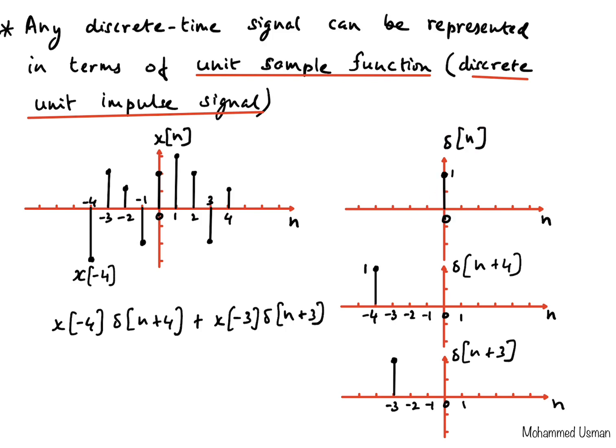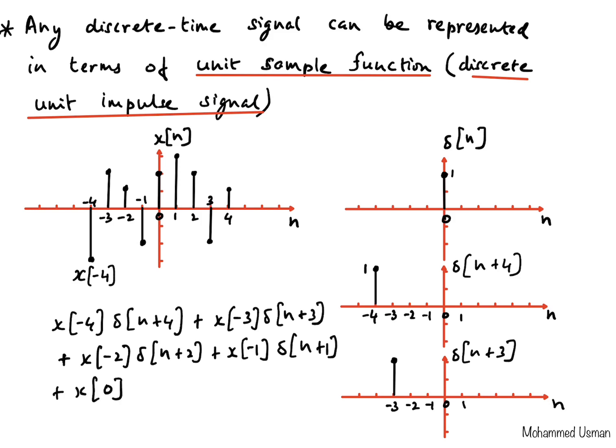So we can keep adding these terms, so it will become plus x of minus 2 multiplied with delta of n plus 2, and plus x of minus 1 multiplied with delta of n plus 1, plus x of 0 multiplied with delta of n, because when n equal to 0, we multiply this impulse here with this delta of n directly, because this is not shifted, because we want the index for n equal to 0,